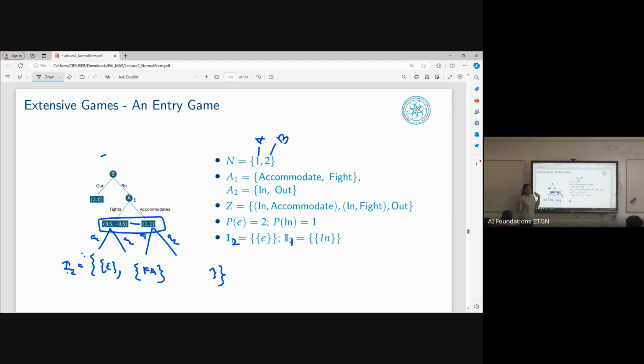I just don't know which it actually is. Is it clear what an information set is? But it's not actually, if it was the code thing... If it would have been fight, accommodate, because it needs to. Yes, because if it has, then it can do two different things, right? Had it put fight, it could have taken two different actions. Had it put accommodate, it could have taken two different actions.